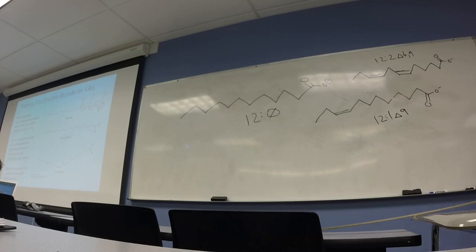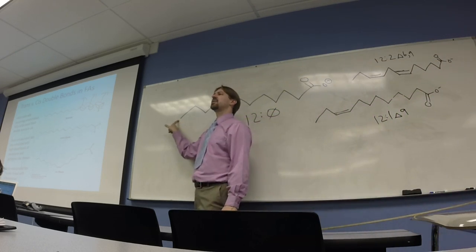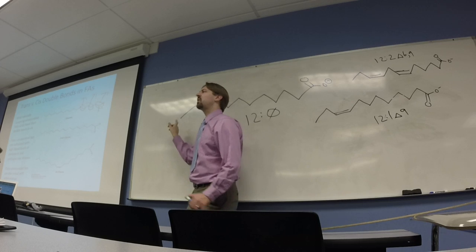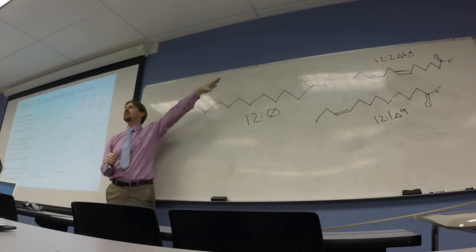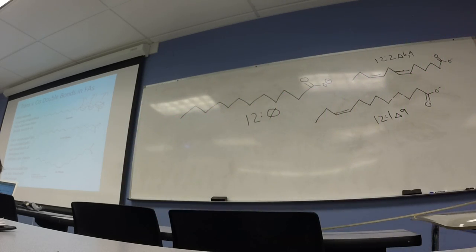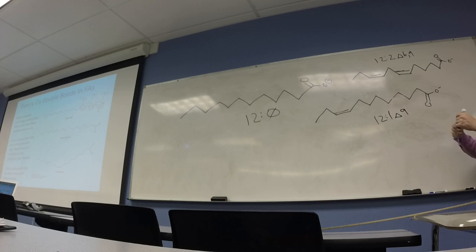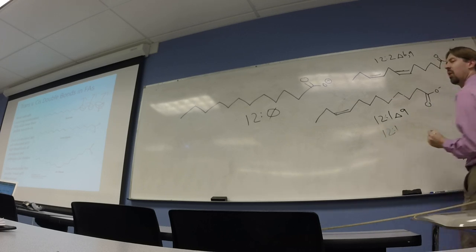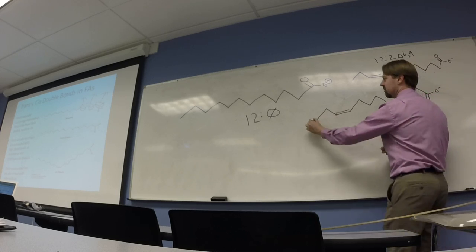But there's a small class of very important enzymes in your body that actually grab fats by their tail. And their reactivity is more dependent on what's near the tail than what's near the head. And so we came up with an alternate nomenclature to help us deal with that. Here's an alternative name for this molecule: 12:1. But if I'm worried about the enzymes that count from this end, 1, 2,